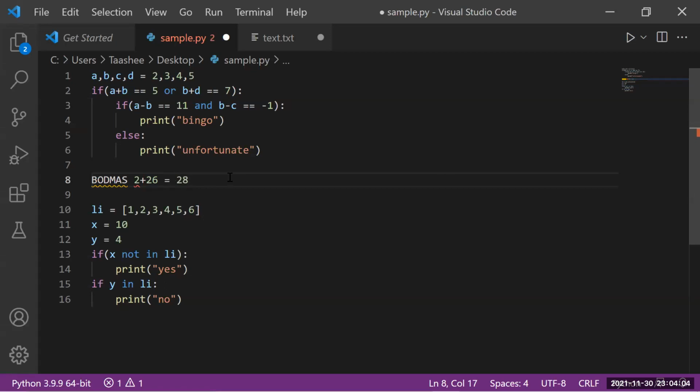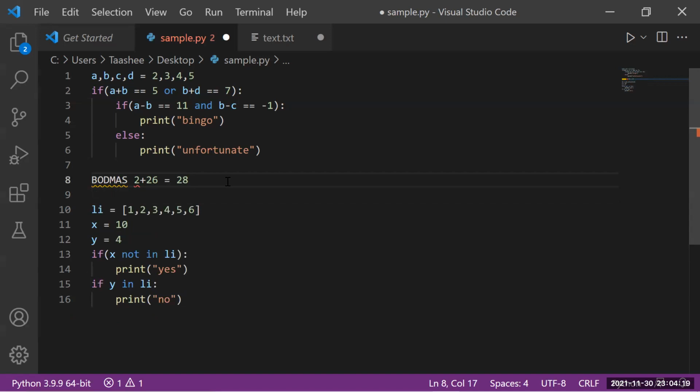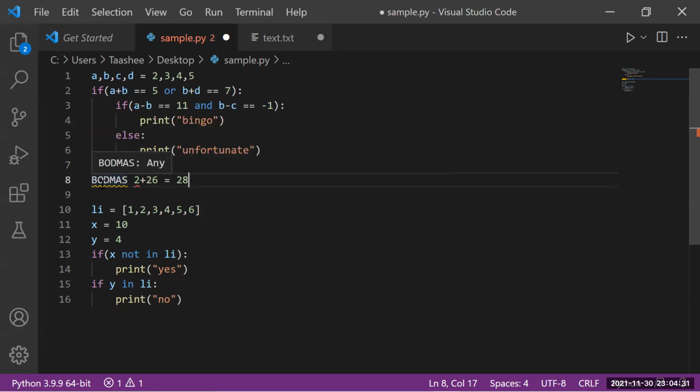Clear? Yeah, we understood about the priority, but what does D and O stand for? Like BODMAS, D stands for division, M for multiplication, A for addition, S for subtraction. Okay, and what are you trying to ask? Sorry, D and O. In BODMAS: brackets, of, division, multiplication, addition, and subtraction. O is for of. That's it.